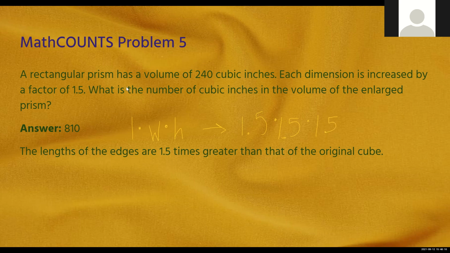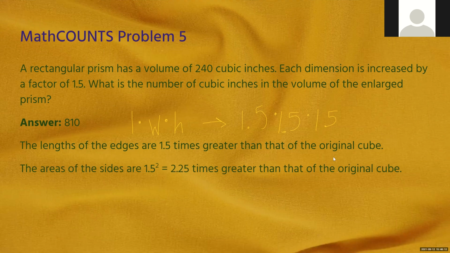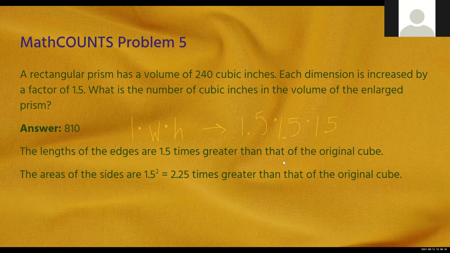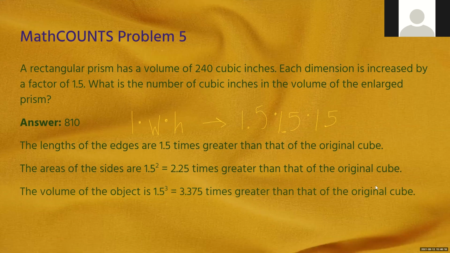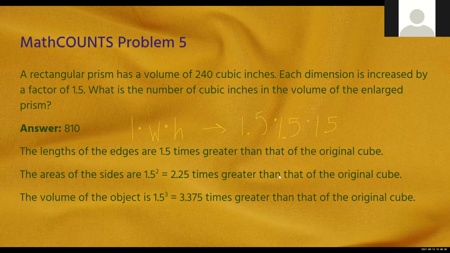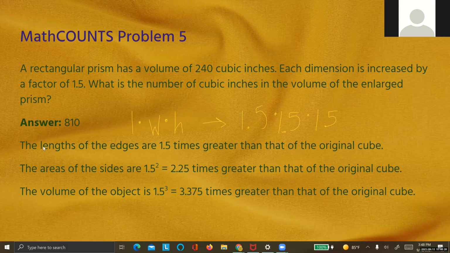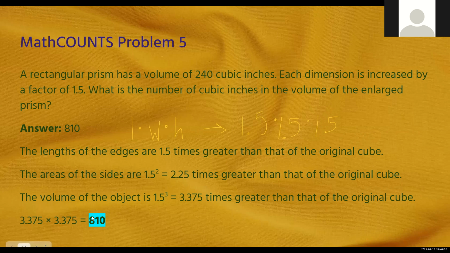The areas of the sides are 2.25 times greater than the original, because that's 1.5 squared. And the volume of the object is 3.375 times greater than that of the original. So what we have to do now is multiply 3.375 by 240, and you will get